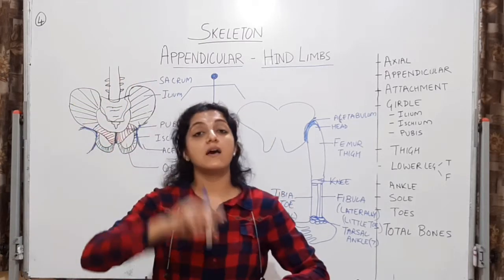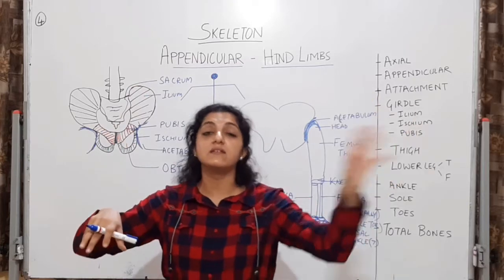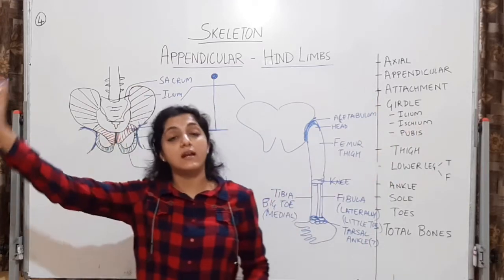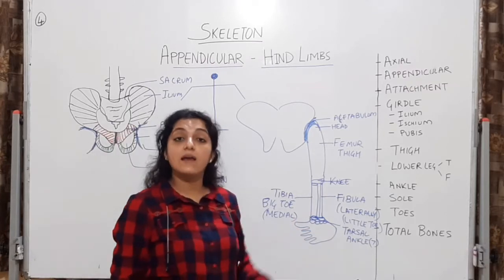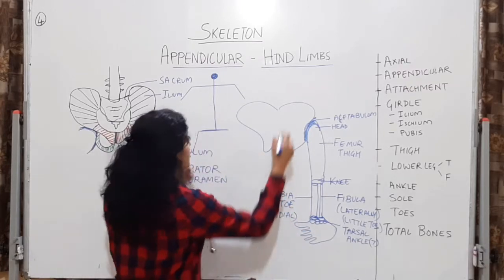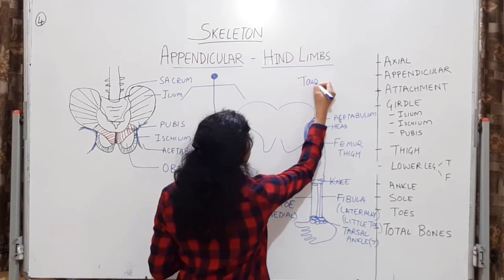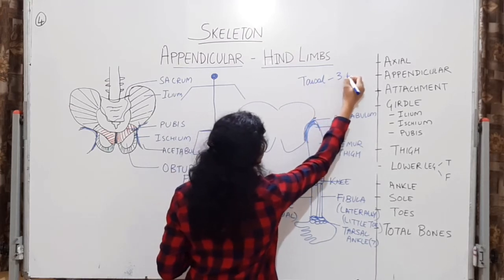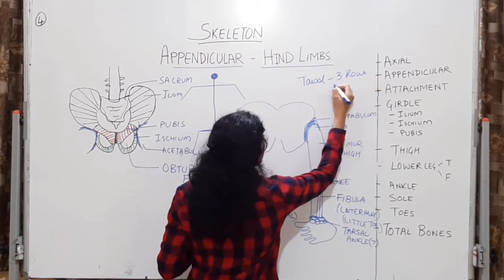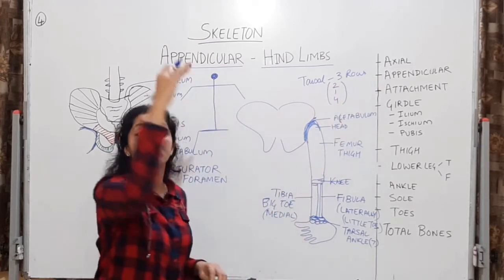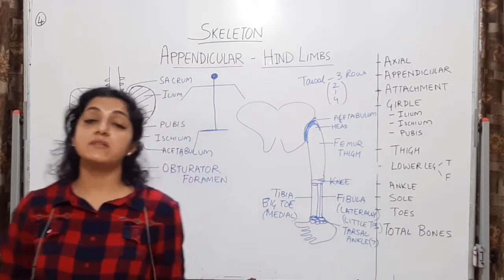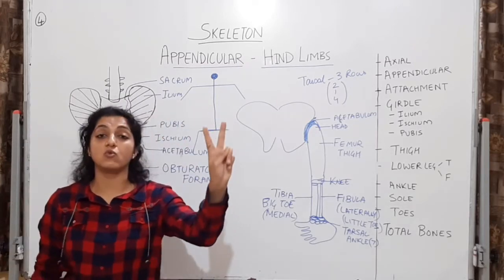अगर total count दिया रहा तो carpals 16, tarsal 14. That is 7 into 2 14 and 8 into 2 16. This you have to understand. And tarsals का arrangement will be in 3 rows. Tarsals will be arranged in 3 rows. 2 in one row, then 1 and then 4. This will be the arrangement. 2, 1, 4. जैसे हमने carpals का arrangement देखा था 4, 4 in 2 rows.